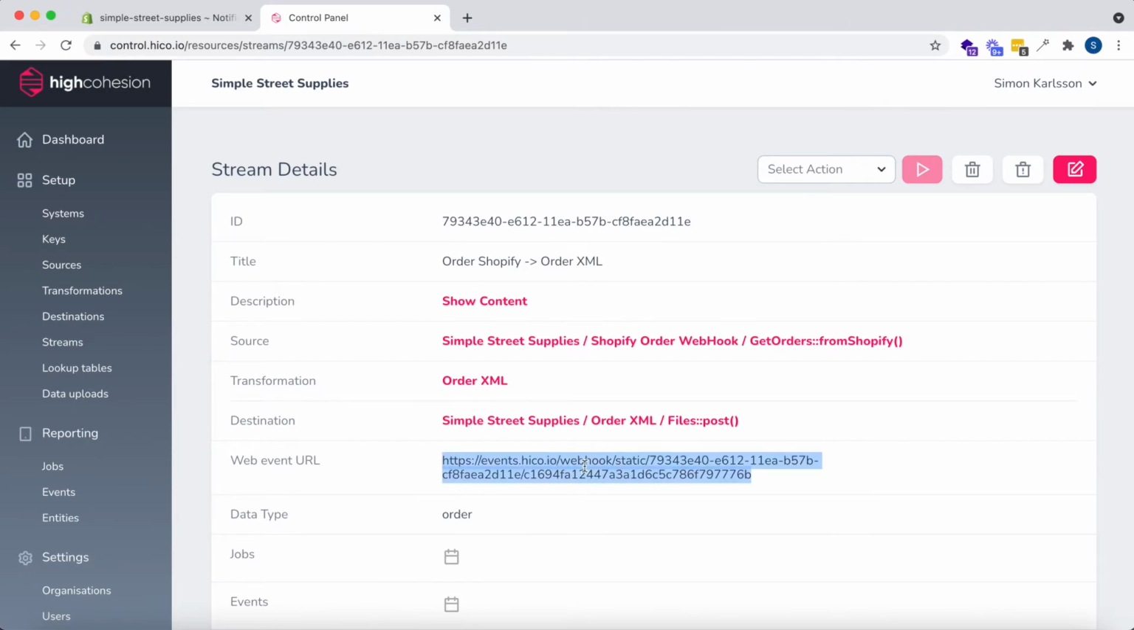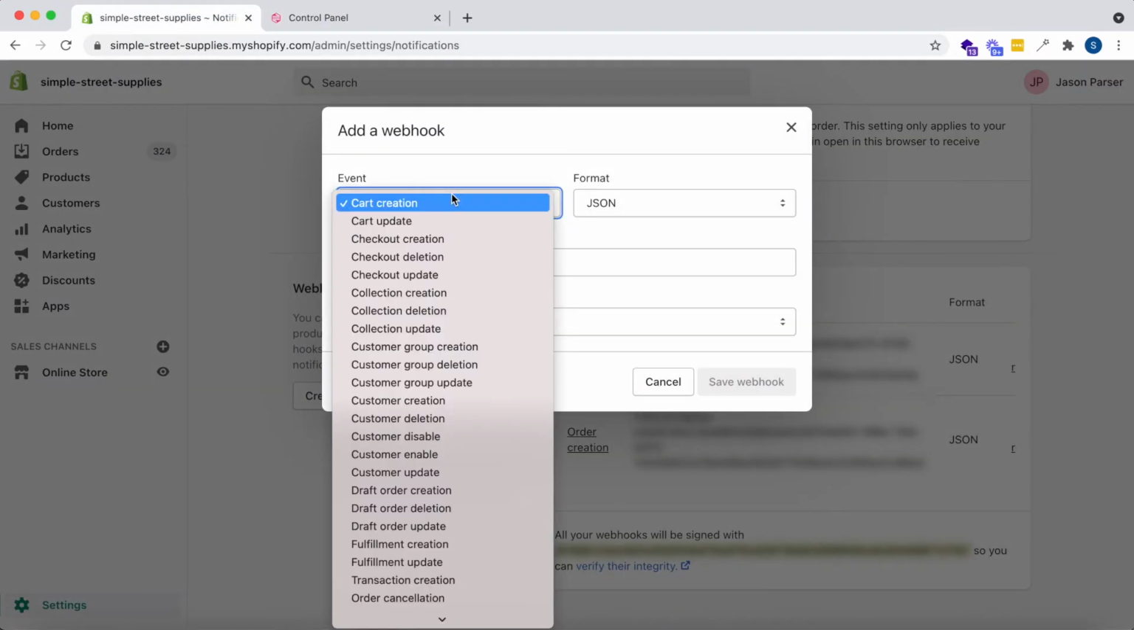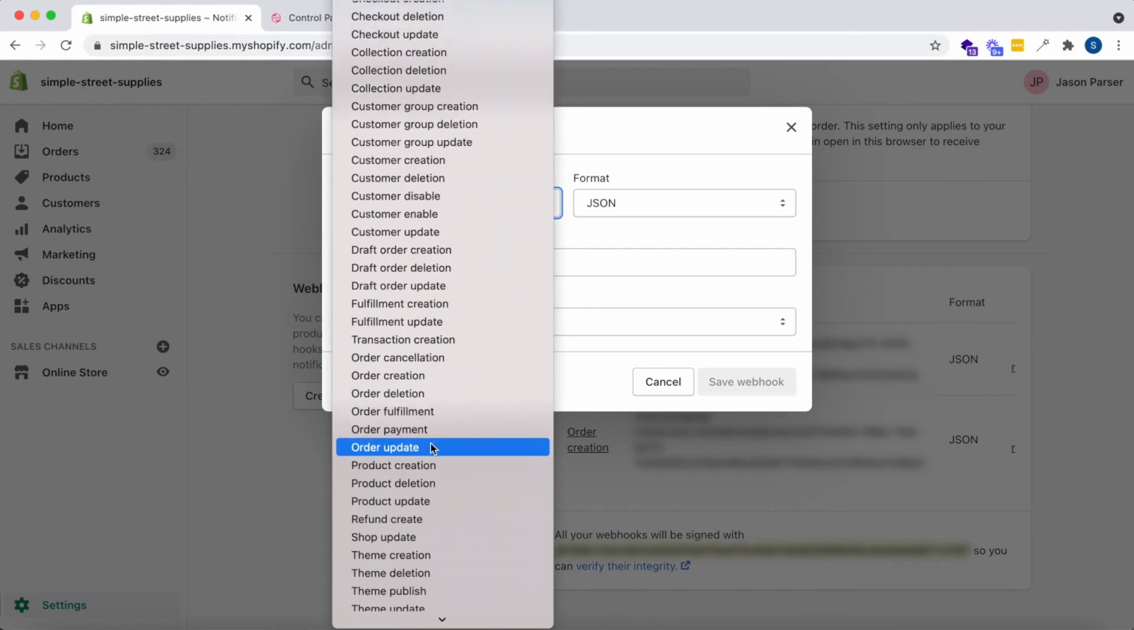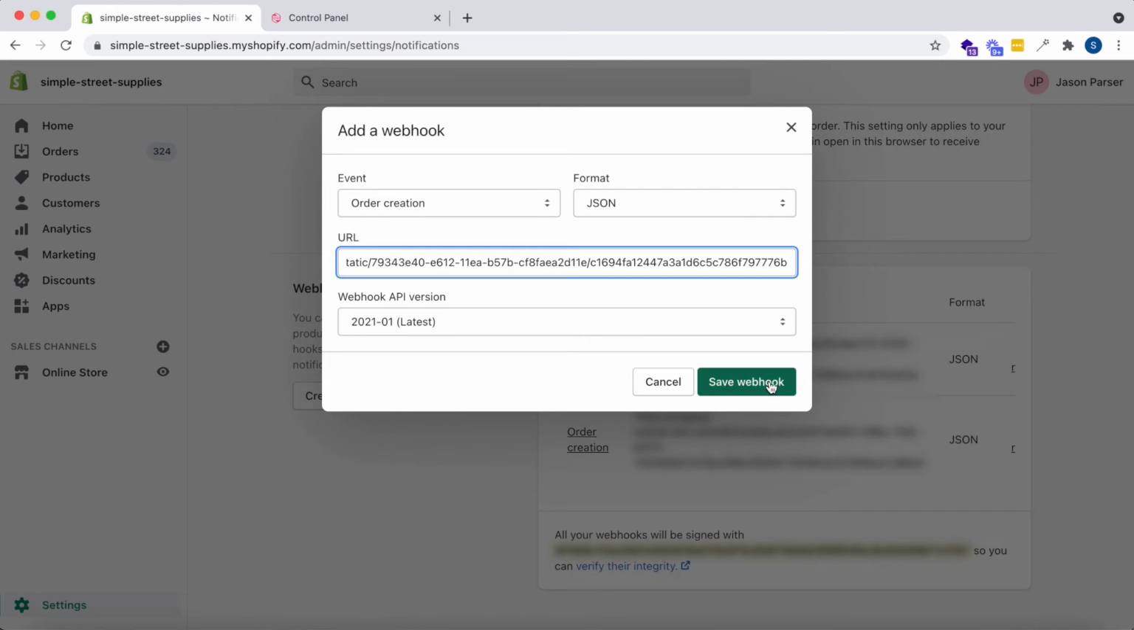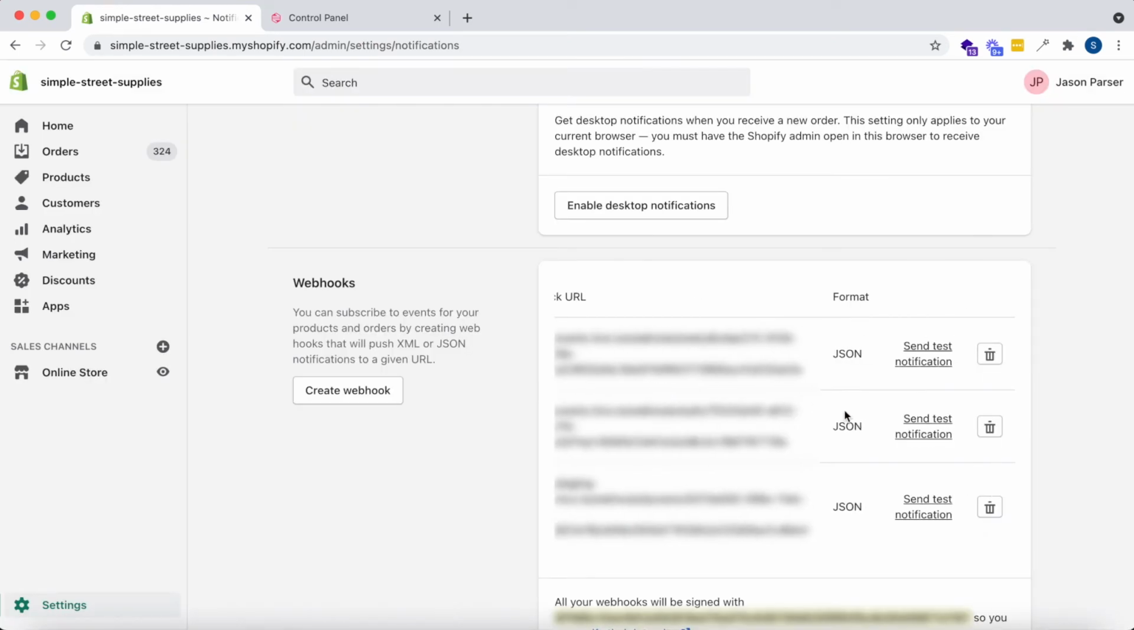So we can copy that, navigate to Shopify, notification, and webhooks, create a webhook, in this case on order creation, and then simply paste the URL. We can now ensure that this works by sending a test notification,